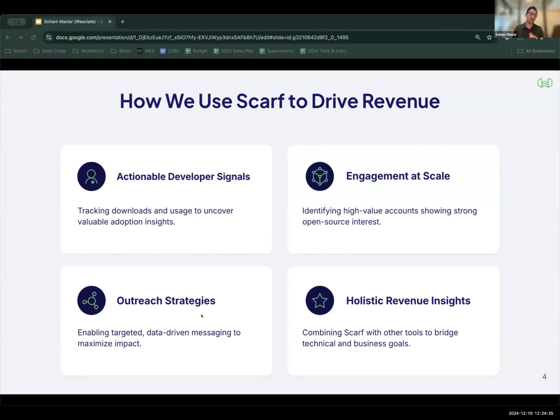And tying this all together, we're still learning. So we're going and talking to customers who we see tons of open source usage through Scarf. Turns out they're just experimenting, and they built a pipeline through one particular team and they wanted to test something out. All good. Now we know, and we have that information that we would not have had otherwise. On the flip side, we're closing deals that have no open source usage, and that's in and of itself a